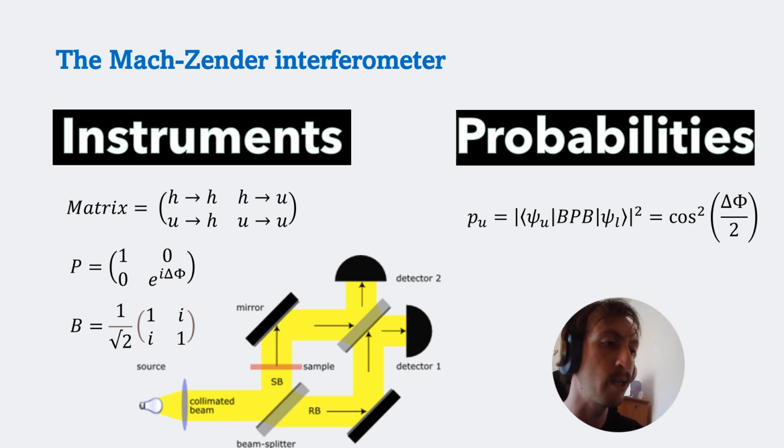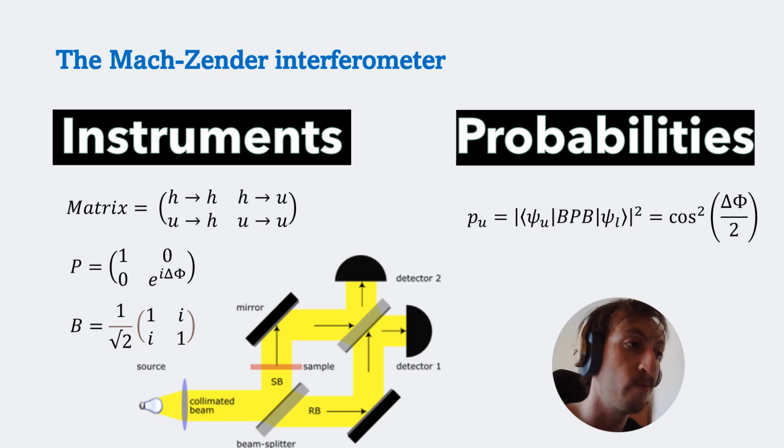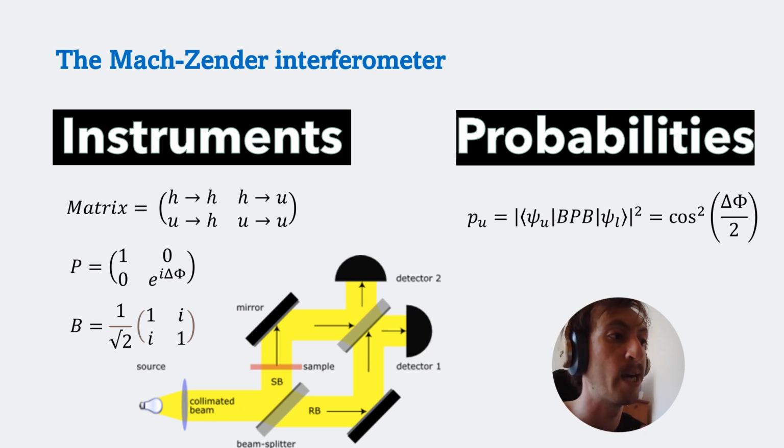So that's our initial state vector, and then it encounters our beam splitter, and the beam splitter is going to change our classical state into a quantum state. Then we act this quantum state on our matrix with the phase shift, because remember, part of this quantum state will refer to the photon encountering the sample, so we need the phase shift matrix. After that it encounters another beam splitter, so we also have to multiply by our beam splitter matrix.